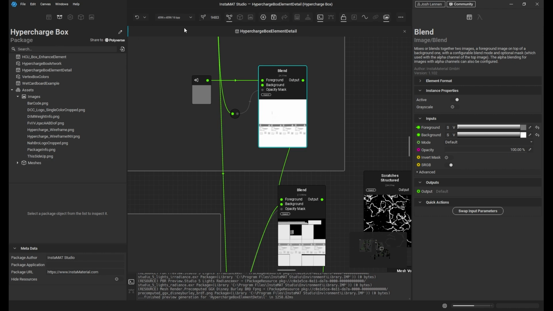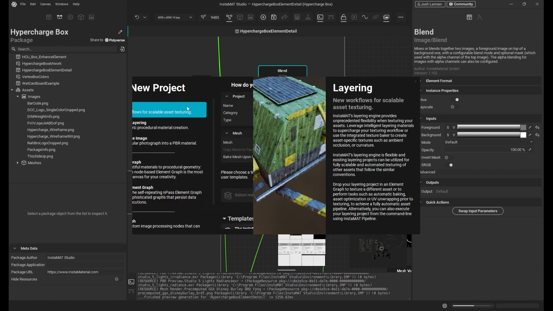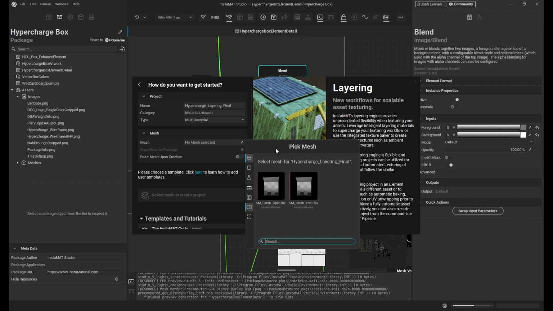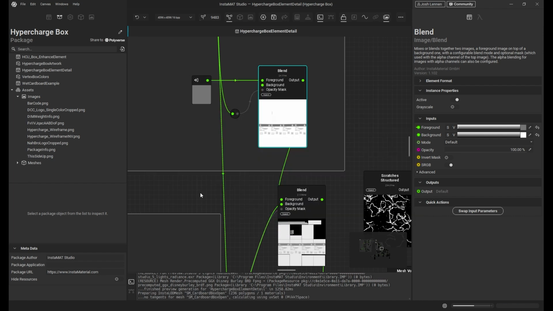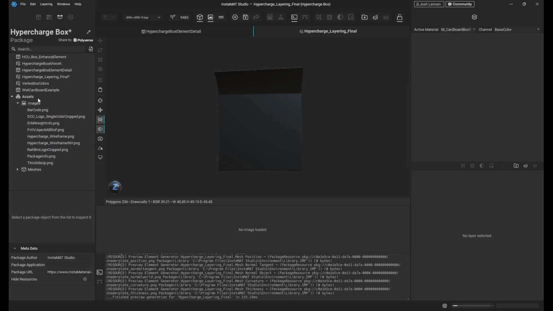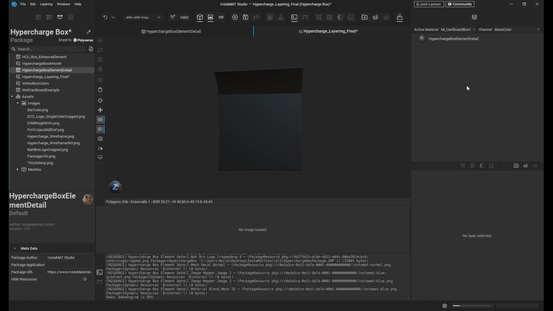And now we're going to start a new layering project so that we can see this at work. So I'm going to start a new layering project, and this is going to be called Hypercharge Layering Final underscore. A lot of underscores. All of the underscores, right? There we go. Create project without template. And if we go back to our package, we can see that we have our hypercharge box element detail. We're just going to drag that into our layer